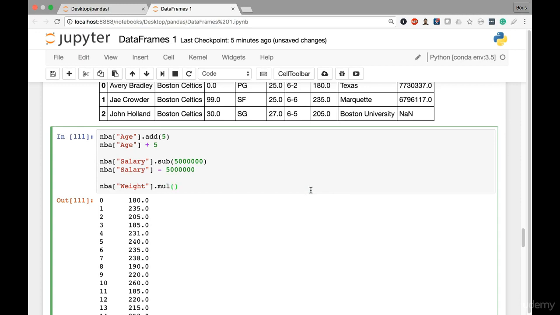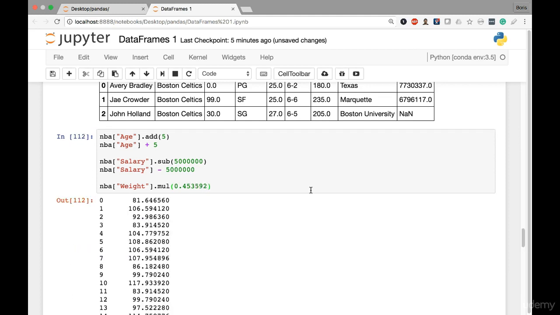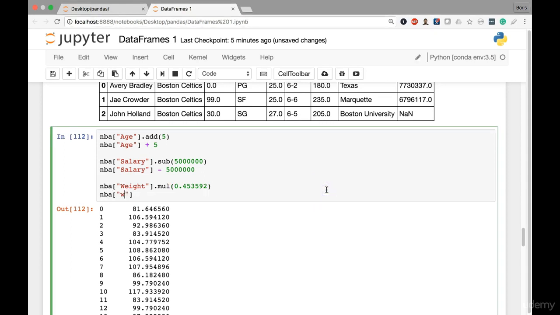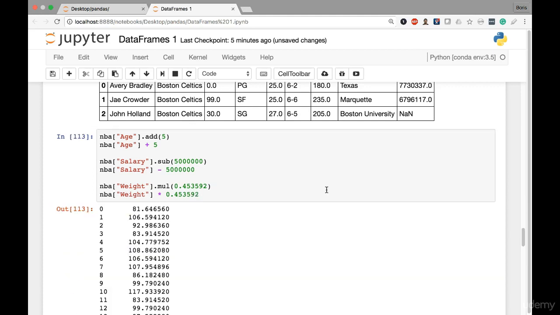could give it an argument of what I want to multiply every series value by. So I'm actually going to enter the complete number, which is 0.453592. And that's going to give me a new column now, a new series that has my weight in kilograms. And there we have it. And predictably, we can also use the shorthand, which is going to be the asterisk symbol. That's the symbol for multiplication in Python. So we can do this code, and it's going to multiply every value, and we're going to have the exact